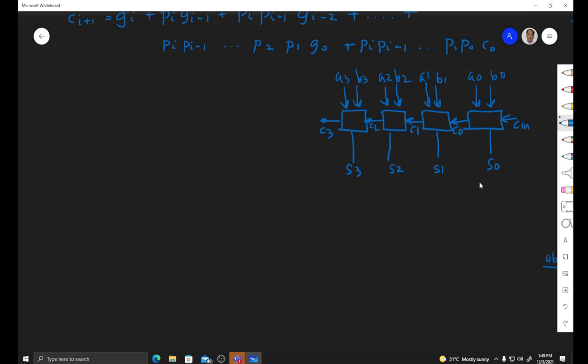Then using the function that generates and propagate, we can write the expression for, let's say, C out is equal to A3 and B3, A3 B3, plus A3 plus B3 times A2 B2, plus A3 plus B3, then we have A2 plus B2, then we have A1 B1, plus